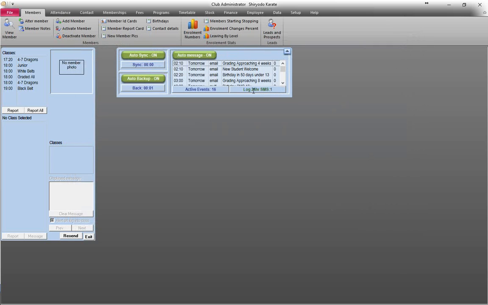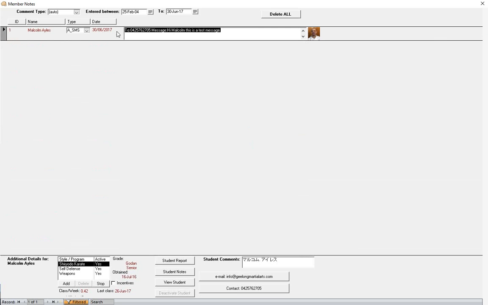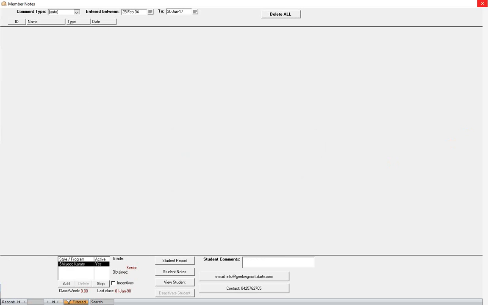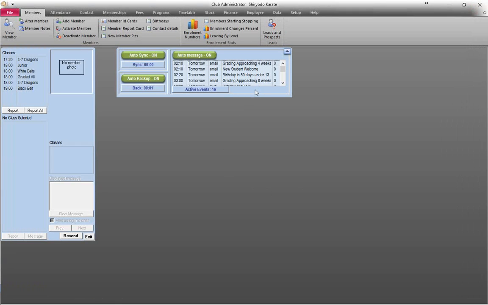Now you can see those failed messages are gone, and it's letting me know that there's been one SMS sent in the last 24 hours. This is our 24-hour log. If I go in there, I've created a log of those messages, and you can see it was a message to myself. You can see my phone number, and it's saying, "Hi Malcolm, this is a test message." I click delete all, and yes, then it deletes those messages, and we come back here, and there's nothing left for us to address. And that, in a nutshell, is the new